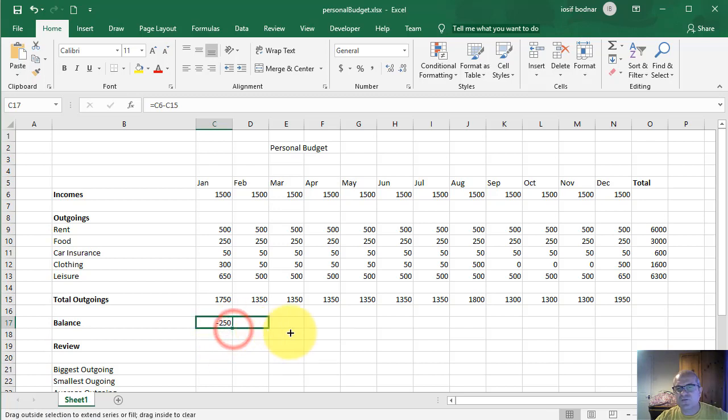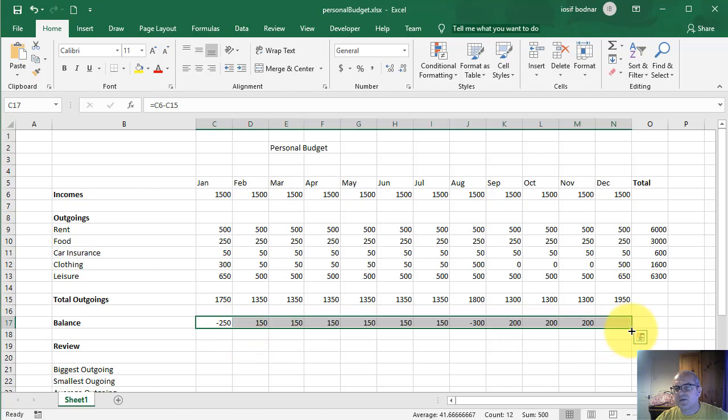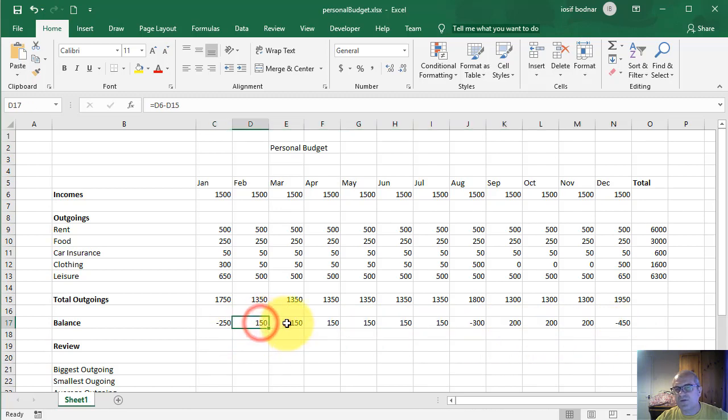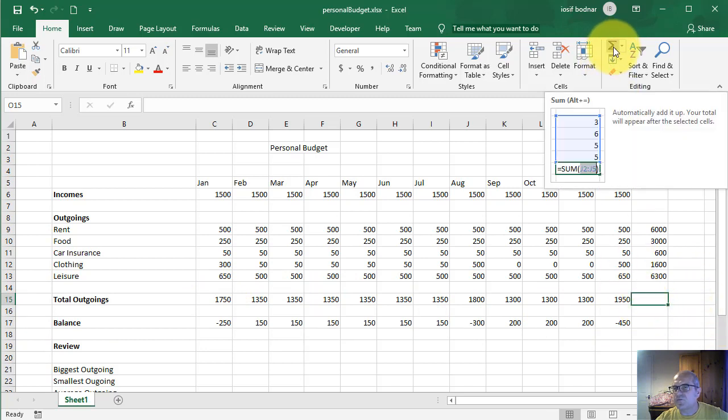And let's drag this formula up to December, and we have the result for each month. What I can notice is that in August again I've got another negative balance, which is not good, and in December another negative balance. Also here in this cell O15 I can calculate the total outgoings using the same AutoSum